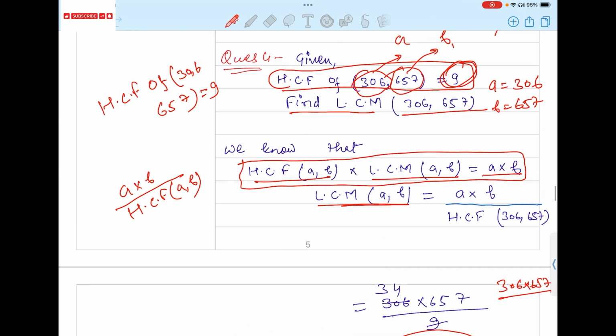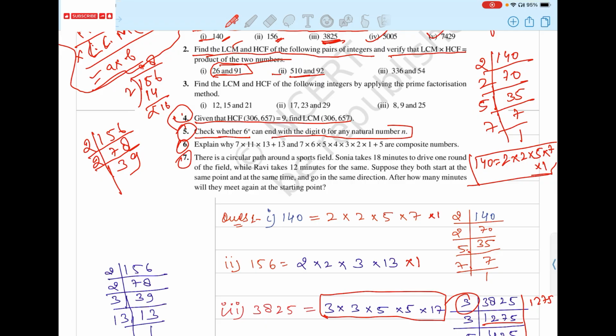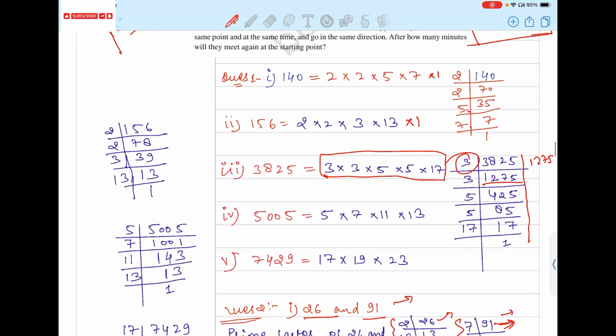Okay, next question is 6. Explain why 7 into 11 into 13 plus 13 and 7 into 6 into 5 into 4 into 3 into 2 into 1 plus 5 are composite numbers. Okay, now